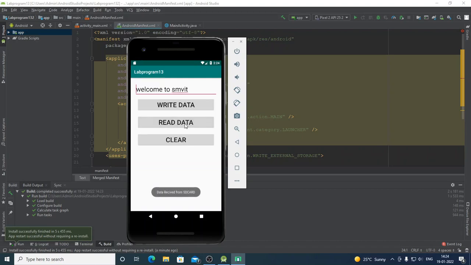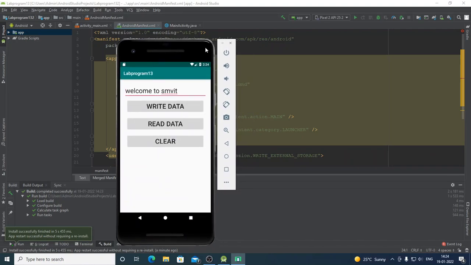So if I click on read data, you can see the same content is fetched from there and it is displaying it here. Okay, so this is the functionality expected out of this program, that is you should write a file to the SD card and then read the data from the file from the SD card. So as a simple application, this is how the functionality is implemented.